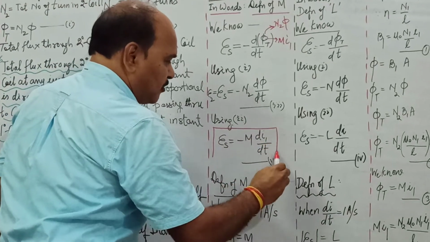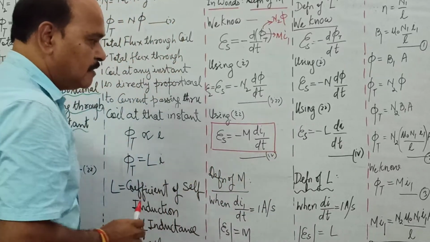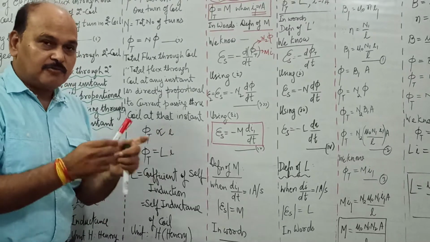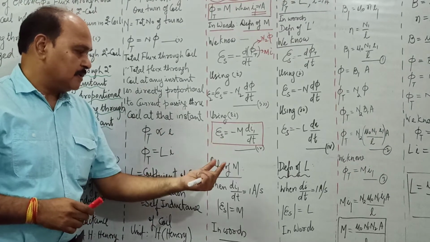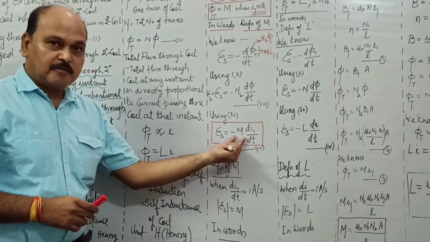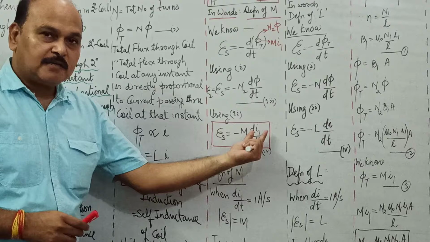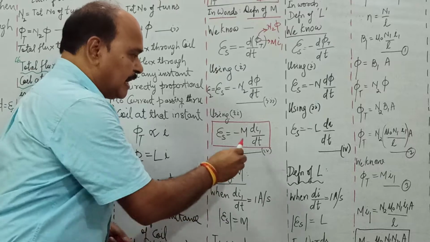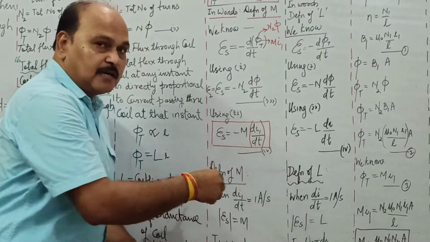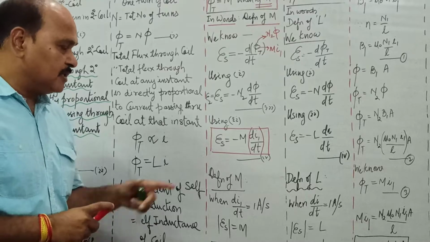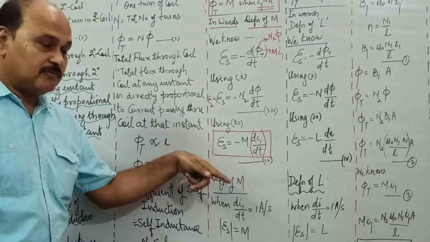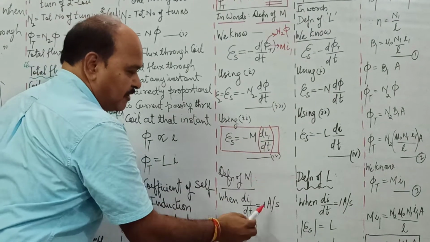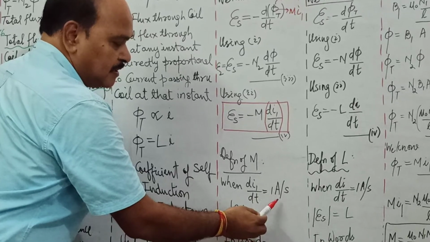This is again a very important formula. See, in this formula there are four quantities related to each other. One is induced EMF, the other is the coefficient of mutual induction, the third one is the change of current, and the fourth one is the time in which the change of current is brought about. At times we take this as a single quantity, the rate of change of current. So using this relation also we can define M. And see, when dI by dt is going to be 1 ampere per second, this is the rate of change of current, then what is this M?